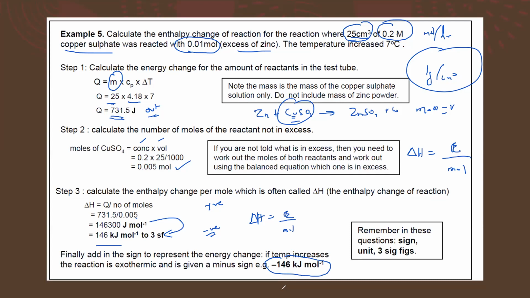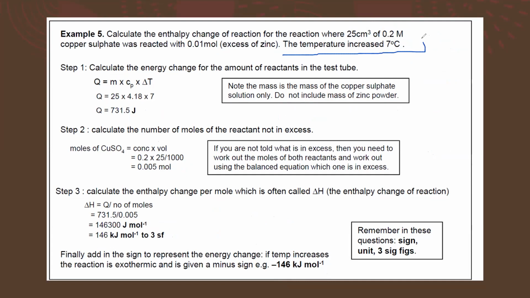Sir, when do we put the negative and plus sign? Yes, Hussein. We put a negative sign if the reaction is exothermic, if the temperature increases, because the enthalpy change for exothermic is always negative. So in this question, they mentioned the temperature increased by 7. So this gives an idea that this reaction is exothermic. And whenever an exothermic reaction is there, the enthalpy change should be negative. But if the same question was there and instead of increase, they mentioned decrease, then the enthalpy change should be positive, or the reaction will be endothermic.